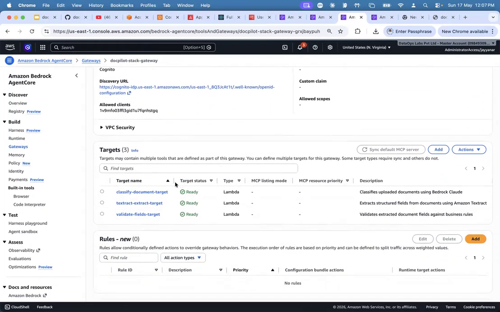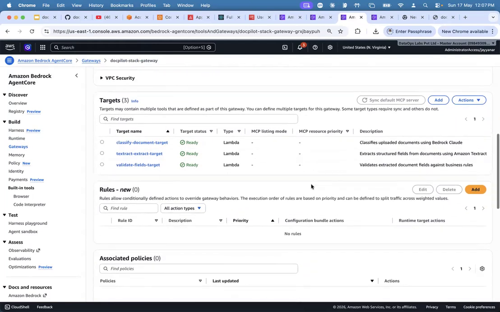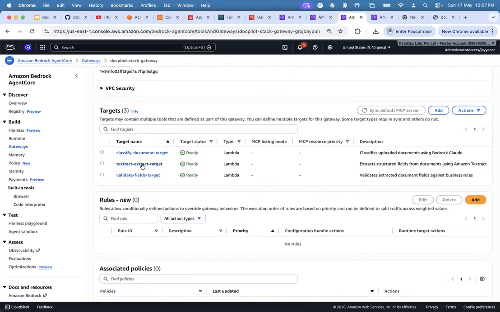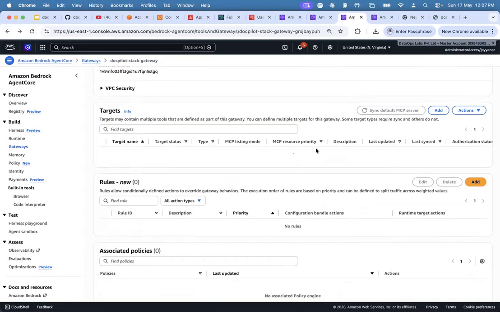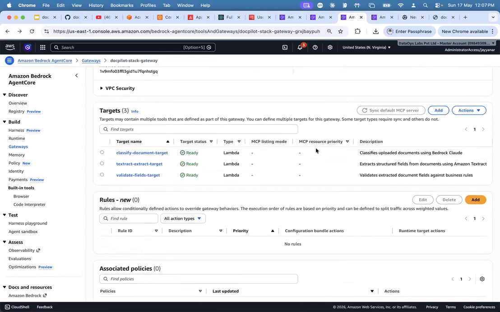Okay, this is what I want to show you guys. These are the targets we are calling. Let me go to the target. So extract is one of the targets. This is the OpenAPI schema structure. See, this is the schema structure we are using. So it understands the structure and the intent of it automatically, and if you are giving a flow of what to be done in our AgentCore, it understands what target needs to be called.